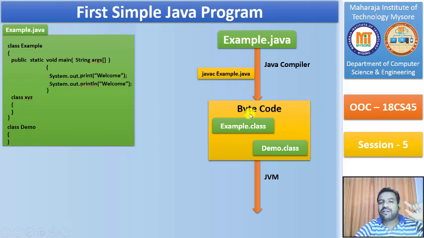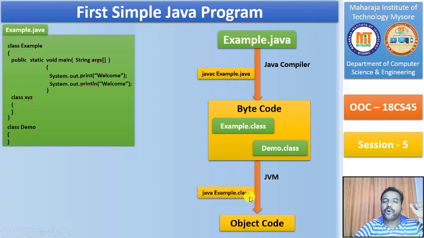So this is the reason why the file name should be the same as the class name which contains the main function. And so now the execution starts to convert into object code. So now this object code, when I want to call the JVM for this interpretation, we are going to use the command as java